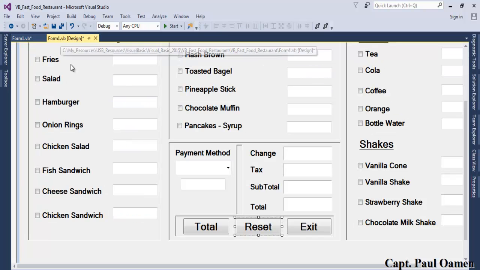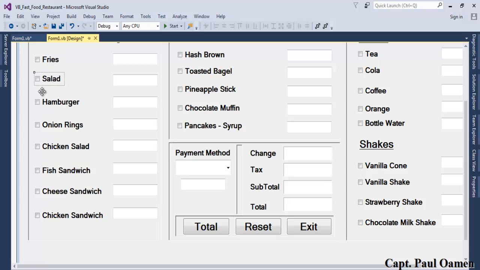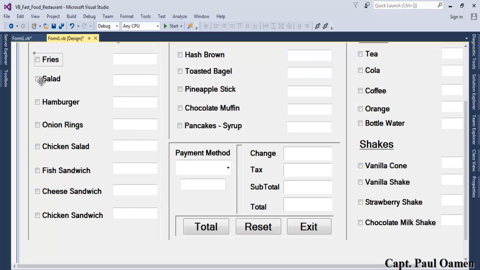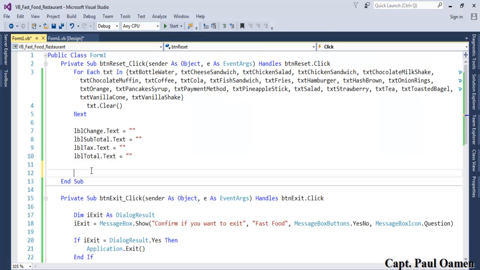Now let's have a look at, okay, here in this case that is if selected, so we just want to deselect all of this. Alright, okay, now that we've taken care of the labels, let's take care of this checkbox. There seems to be a lot of those, so we might as well use for each loop as well. For each,